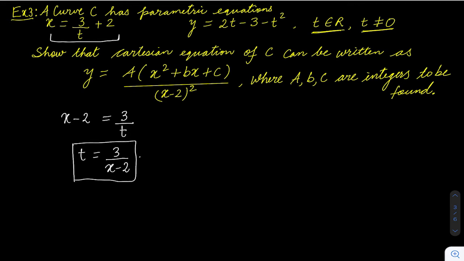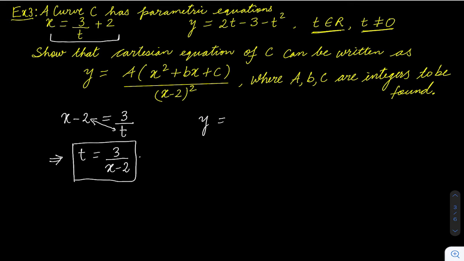Right? Cross multiplication. So this will come here, this will come here. Interchange. Whatever you like, or you can just multiply and then find the value of t. I don't know how you solve these kinds of equations, but there are a couple of ways. I have discussed all of them. So t is this. Now we will substitute this t in the y equation.